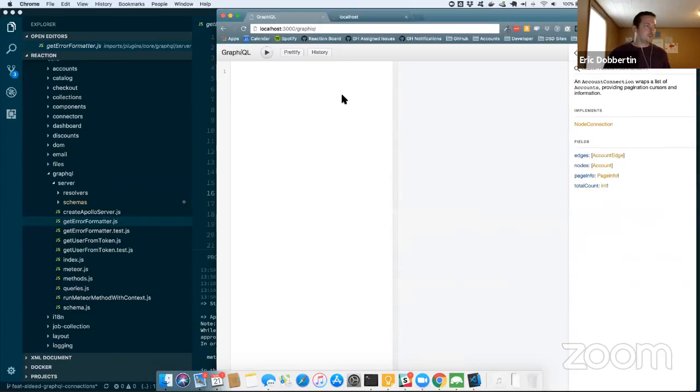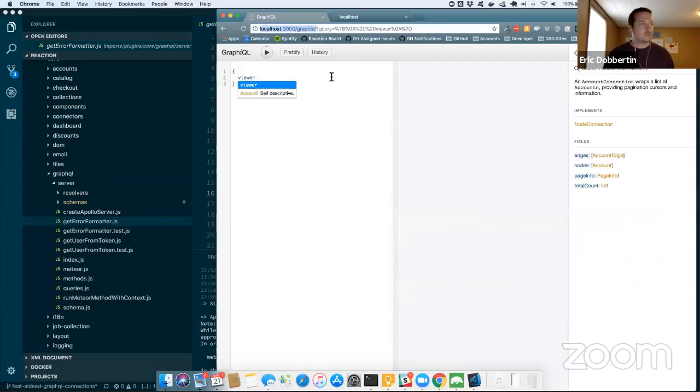So as an example of a simple query, we have a viewer query. One other thing to explain here is that when you're accessing this GraphiQL through Meteor here, you get automatic recognition of who you are logged in as on another tab.